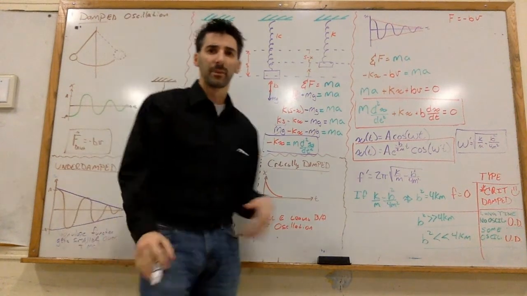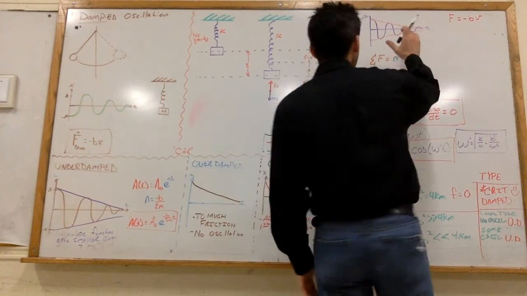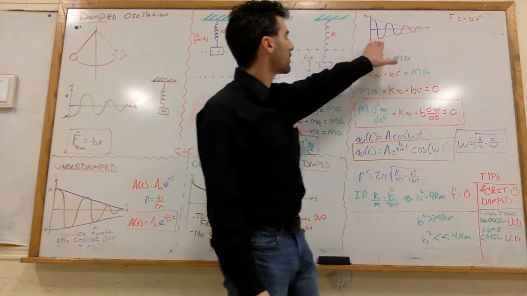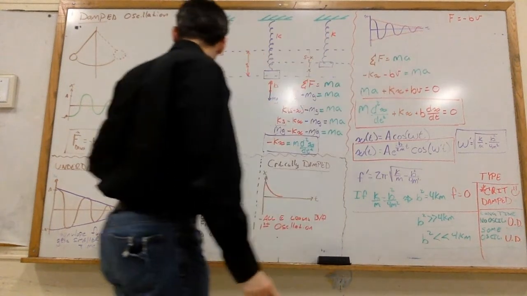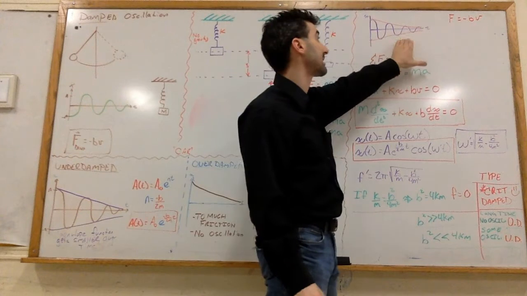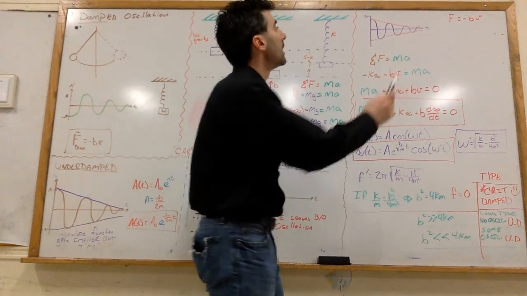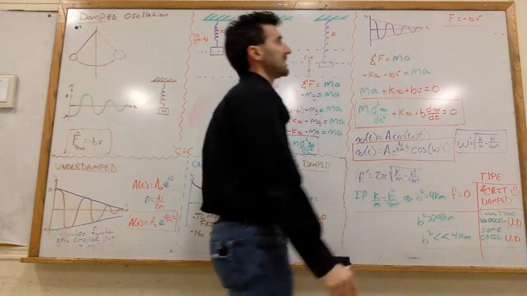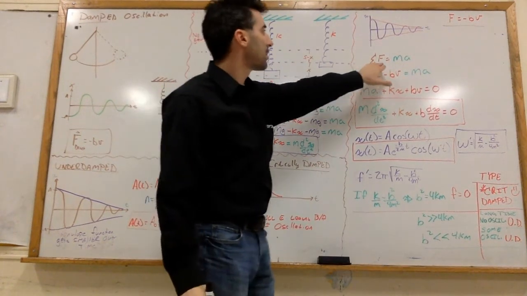Well, now let's add a little bit of real life to this. Here I drew another curve. Let me get on this side. Here I drew another damping curve. Now, it looks very much like my underdamped solution here, but just so we can see it, not necessarily an underdamped solution. I know that my damping force is negative b times v,